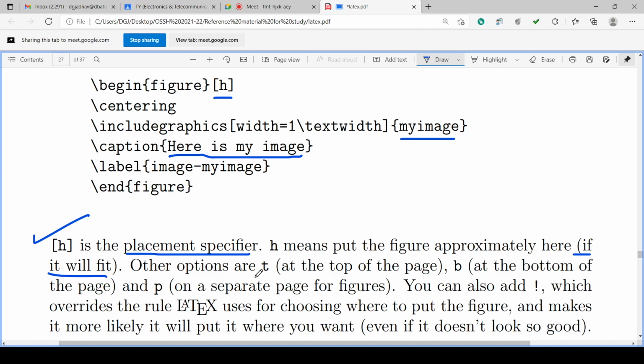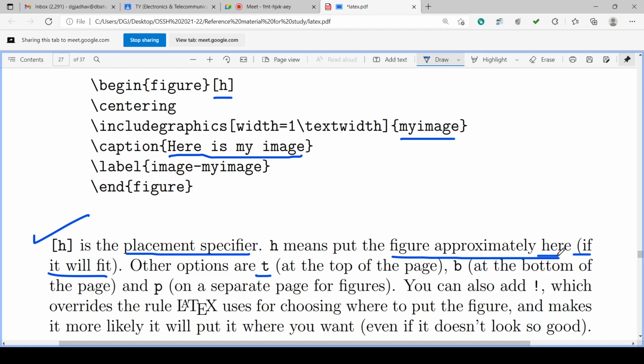The other options are T. In case you are not using here, figure approximately here, if it is not used, then figure approximately at the top of the page.